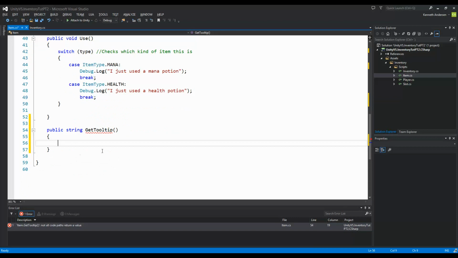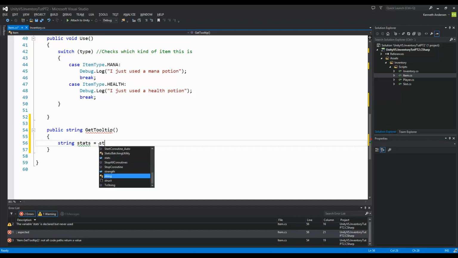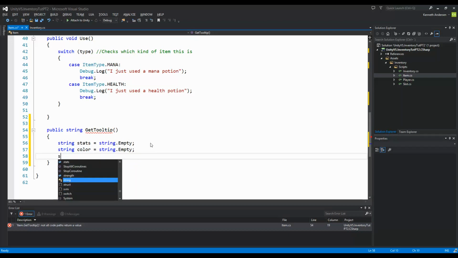And this string is basically going to contain stats, so we're going to say string stats. The reason that we write string here instead of void is because we're going to return the string in the end. So we're going to write stats equals string.Empty. We always say string.Empty because some of these might not be instantiated at some point, and it's going to give us an error if we don't instantiate it as something. So we're just going to instantiate it as string.Empty. And string color, string.Empty. And we're also going to have a string called newLine